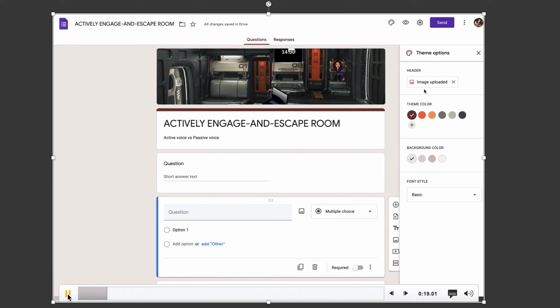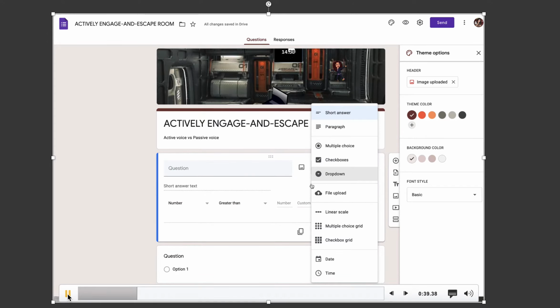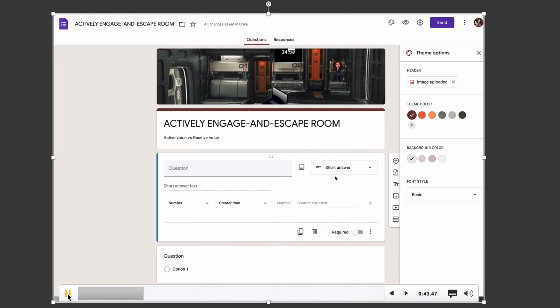and I uploaded an image that I already had for my escape room. But you can also select some of the theme options that they have in there, or the different theme colors. I already had the question, and I make sure that it was a short answer. Don't use, for the first one, don't use the multiple choice because you need a validation. So make sure that you have short answer, and also that the required